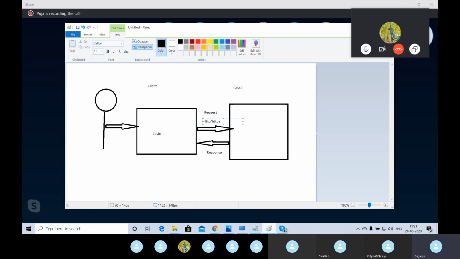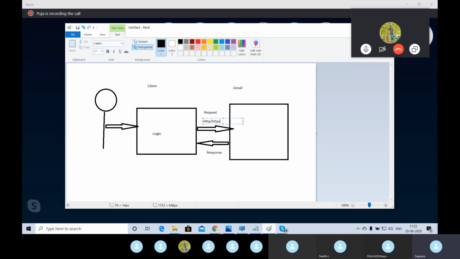If the client-side requirement is not filled, meaning you are not entering any username and password and you trigger the login button, then the browser will not send the request to the server. Instead, it will instruct the user to first enter the username, then only it will allow the login. You got it, guys? The browser will not create the request to the server all the time.